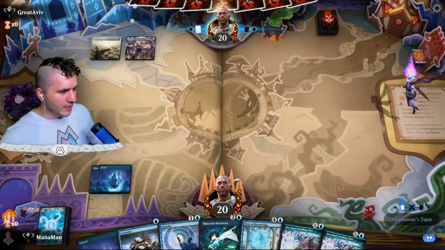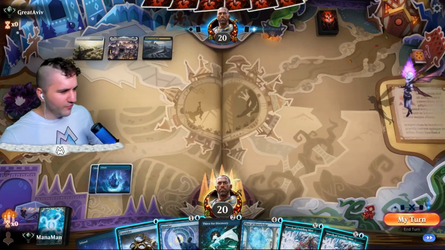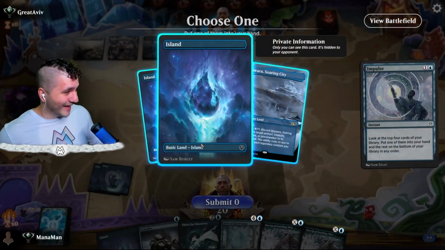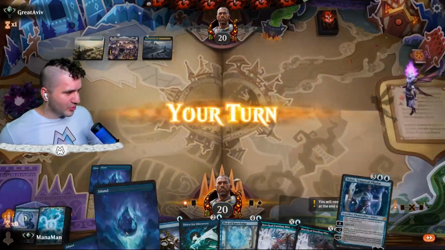Consider on turn 2, not too bad. Let's see what we got. Let's see what you got. Are we going to go for Impulse? Yep. Gonna be pretty much our only choice here. Let's see if we can get into a threat here. Oh wow, all land? I mean, alright, not the greatest thing here, but we got the Thirst for Discovery, and